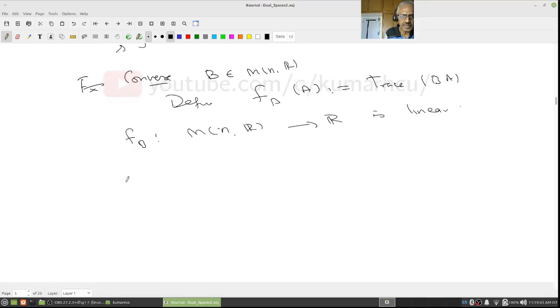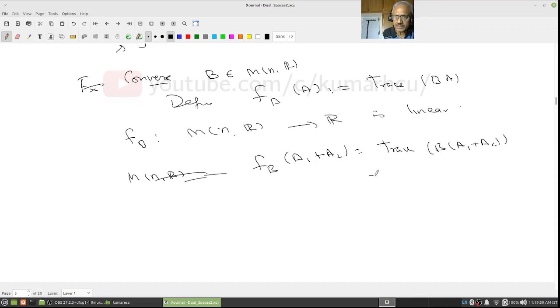Because remember, let us directly prove: f_B of A1 plus A2 is trace of B into A1 plus A2, but this is nothing other than trace of